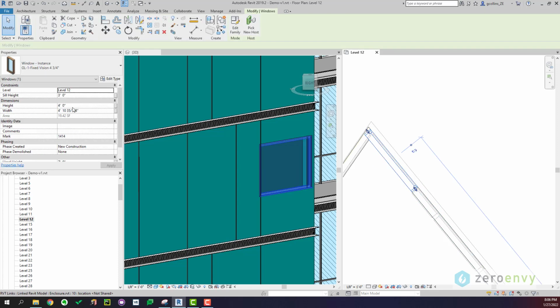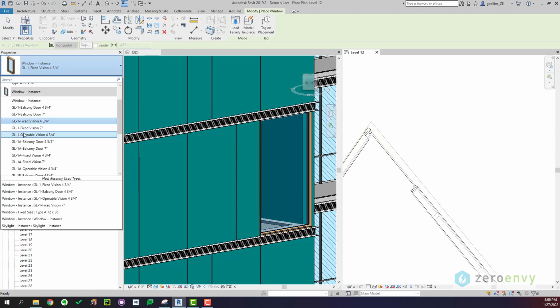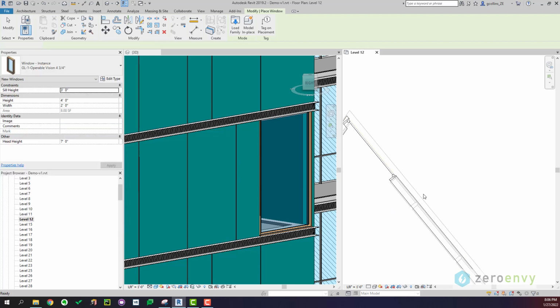For the height, and you can change it. I know it's 9 feet, and also the sill height is 0, so it's going to go from bottom to top. And for the next window, I will pick the operable vision because it's an operable window,